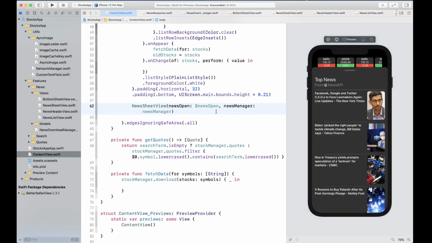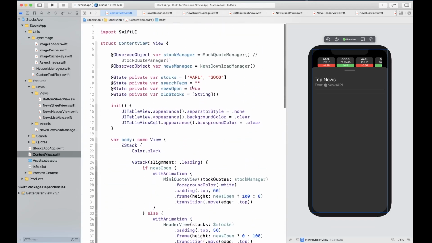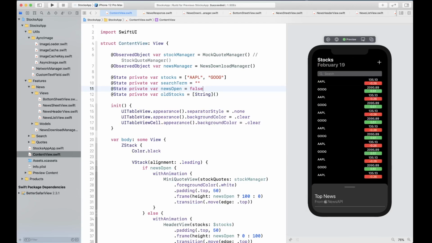So our news is now loading up. So what I'm going to do is go back here and set this to false, because by default we want to show the news at the bottom. So we want to make sure that news shows up properly, and our list of stocks show up properly as well. Okay, so this is the view that we're gonna basically see when you have your app opened initially.